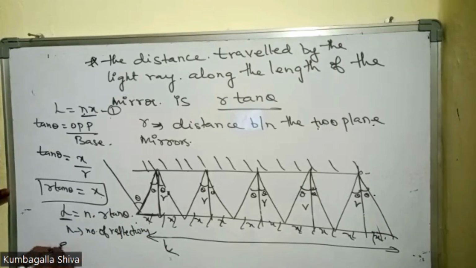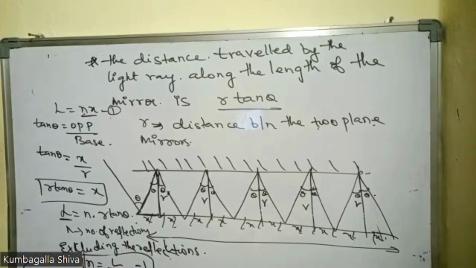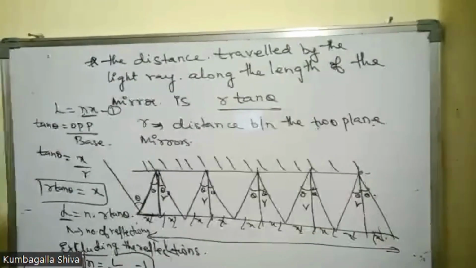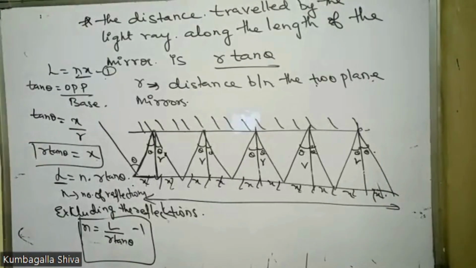For excluding the first reflection, we need to take n is equal to L by r tan theta minus 1, right? You note it, right? Okay, now